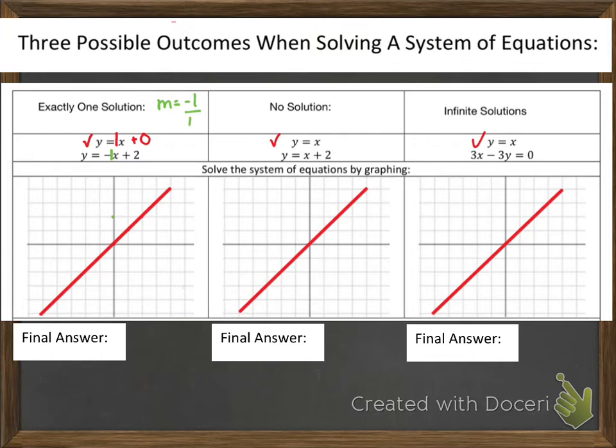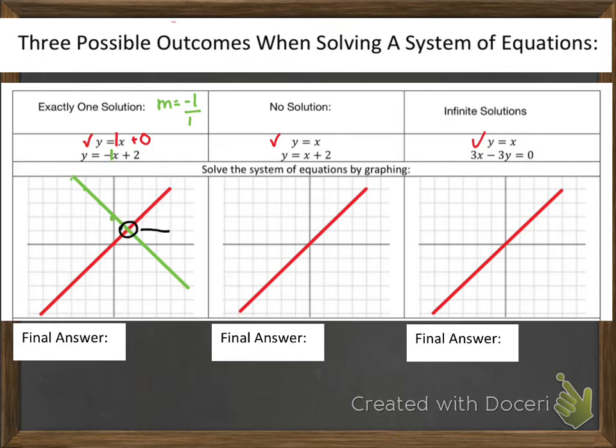So that means from this point right here, we need to go down 1 over 1, down 1 over 1, and so on and so forth. And then once we have enough points, then we connect them in a straight line like so. So hopefully you can see visually from this graph that these two equations have one solution. They meet exactly one time,